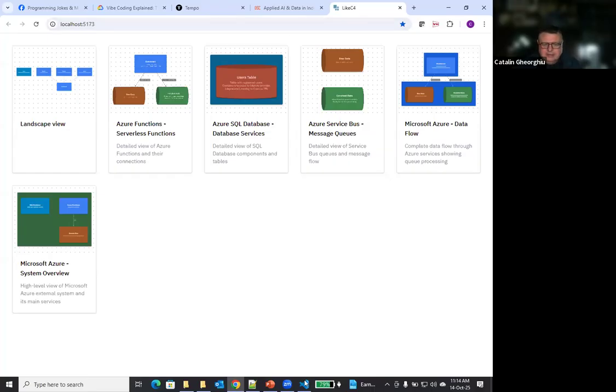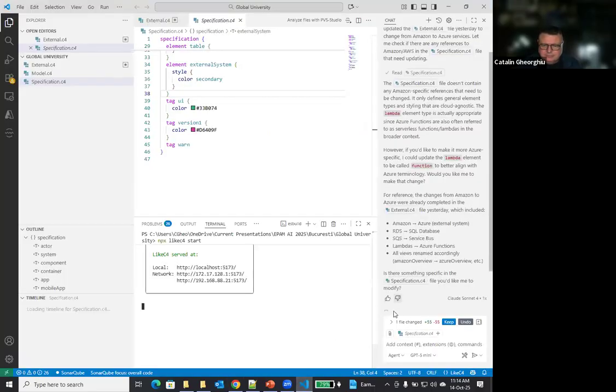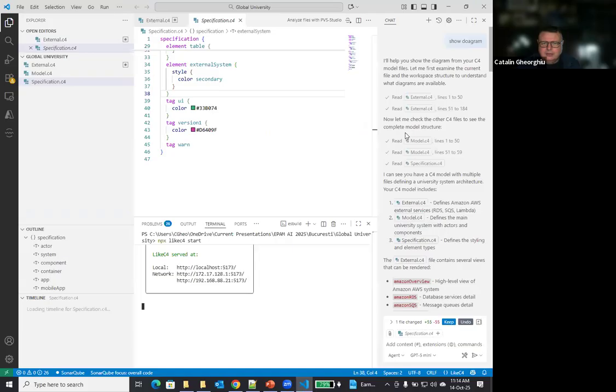But there is another thing which I've tried here. So this was started from a C4 model. C4 is the tool, it generates specifically C4 diagrams, but can do more.